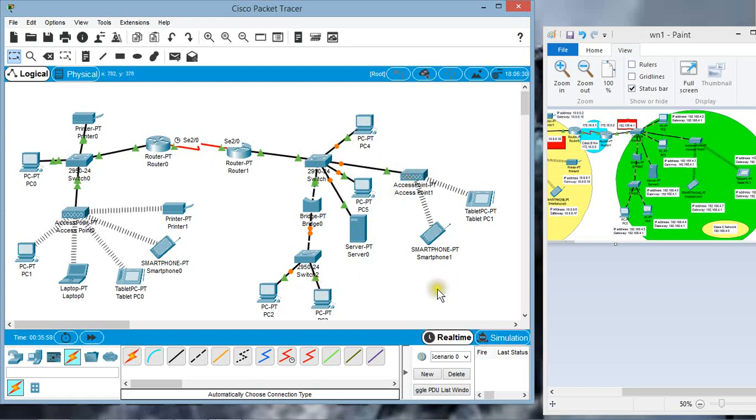That's it. Now we'll have to complete the IP address configuration on each of these devices.